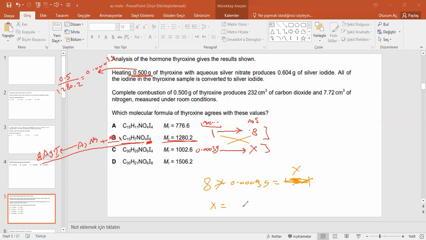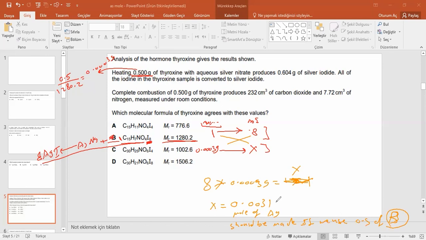Yeah, X is 0.0031. What is X? What do you think? X here, guys, is mole of AgI should be made if we use 0.5 of B, if the compound was